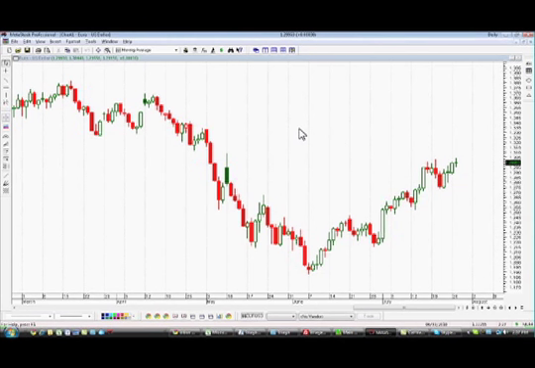Except in the case of the yen, which we're going to talk about in just a minute, which is really convenient because it looks the same whether you're looking at the index that the options are based on or a chart of the actual exchange rate that Forex traders would use.